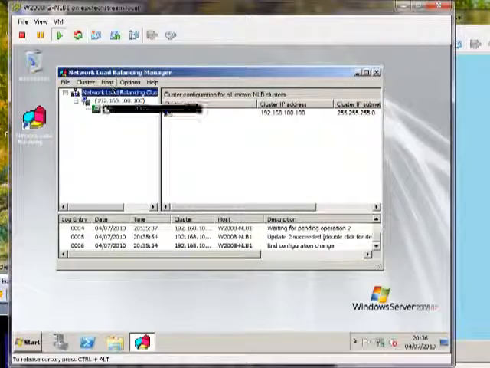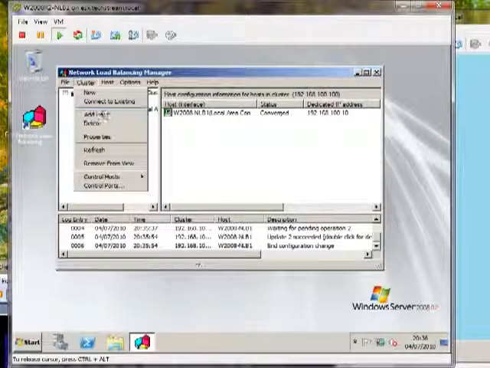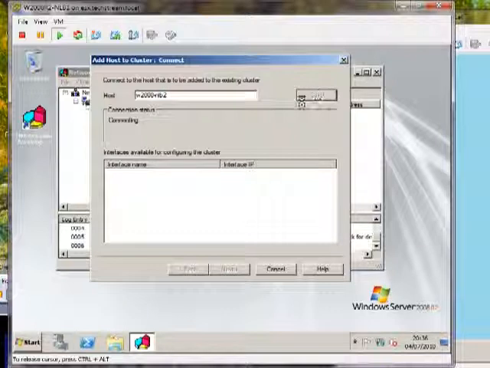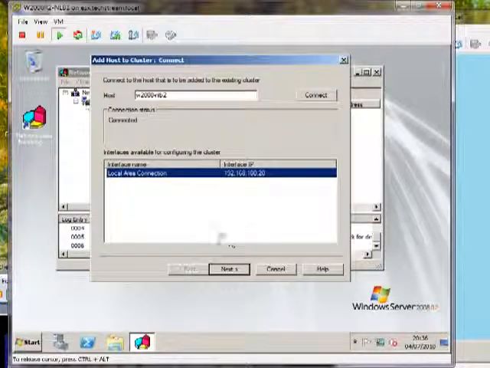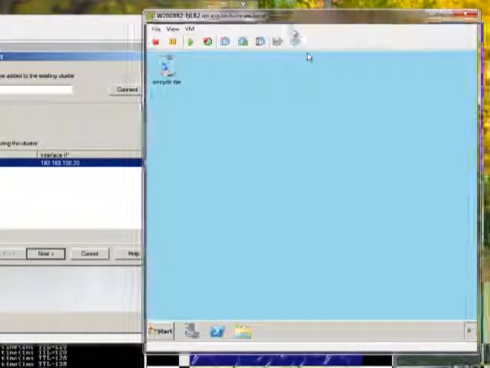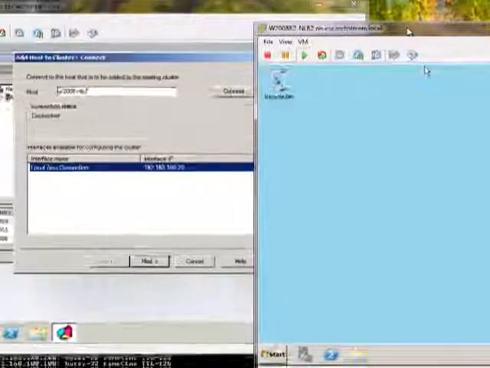What we'll do is select the cluster and then go Cluster, Add Host, that's the one. And we'll add NLB2. Now what's important here is for this to actually work, one of the things that you need is that the credentials you're using on this machine need to work on this machine as well, which either means each computer is a member of a domain and you've got administrative credentials throughout the domain, or like we set up here, the